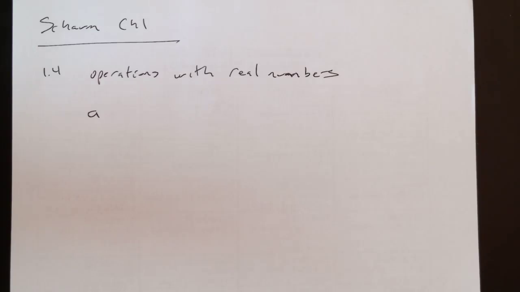This is the fault of Pierre de Fermat, who said letters at the end of the alphabet will be things we don't know, and letters at the beginning of the alphabet will be things whose value is known but not specified. So a is some number I'm going to use. But when I write an equation, I'm going to put x in for the thing I don't know about. Letters at the end for things I don't know.